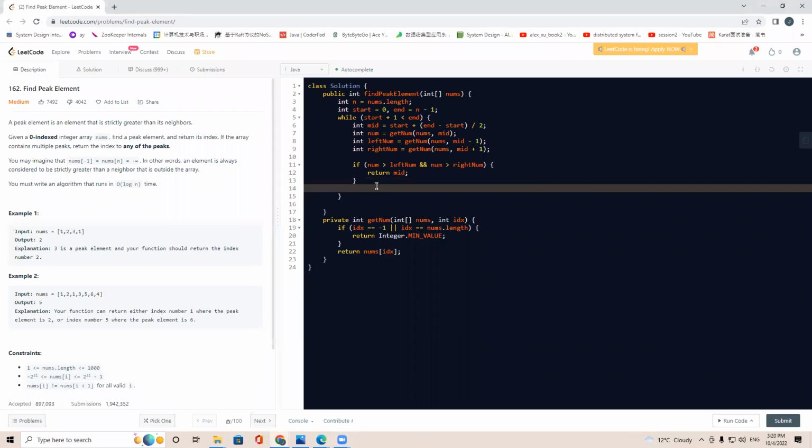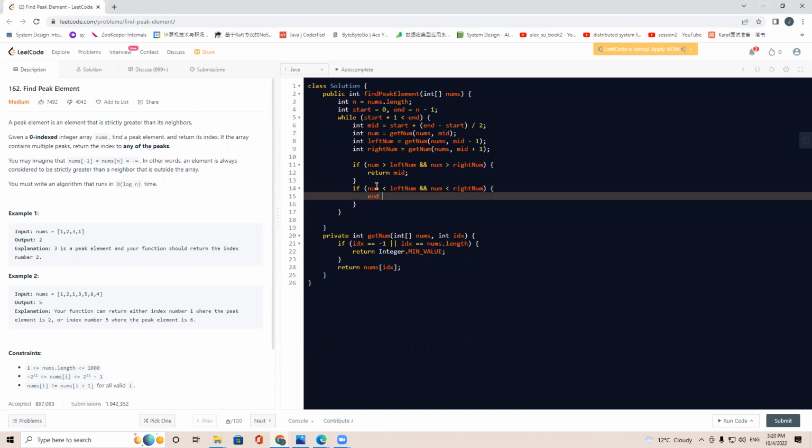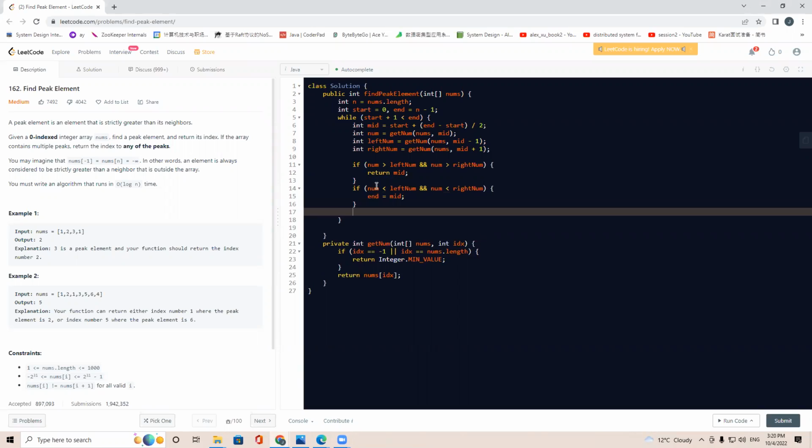So I say if num is smaller than left num and num is smaller than right num, we have end equals mid. We get the first half. And otherwise, if num is greater than left number and num is smaller than right number,